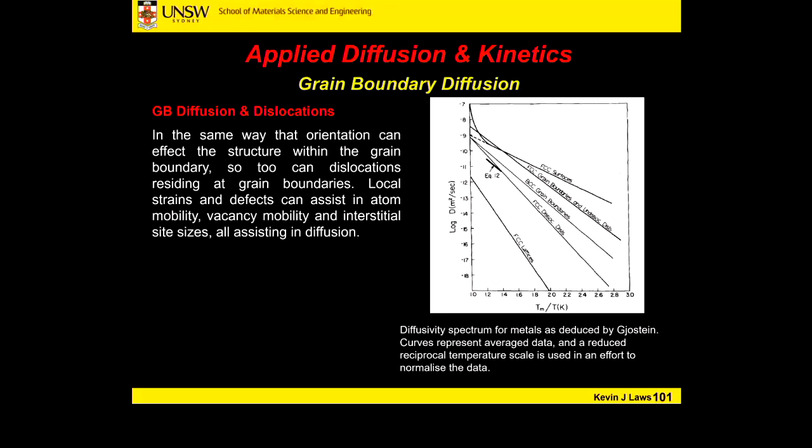Yeah? More defects moving into our lattice when we have dislocations and vacancies caused by deformation. Okay, so if we have a deformed material, this too affects grain boundary diffusion. We're making that grain boundary effectively a little bit wider, and we've got localized spots of high energy and low energy created by that deformation process. Okay. So this one here is a very nice figure showing the log of diffusion coefficients on this